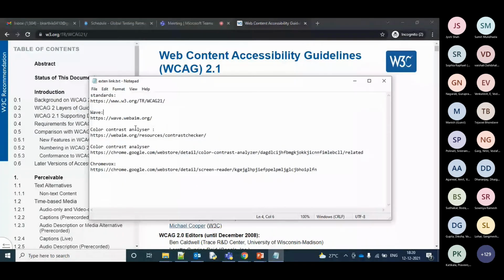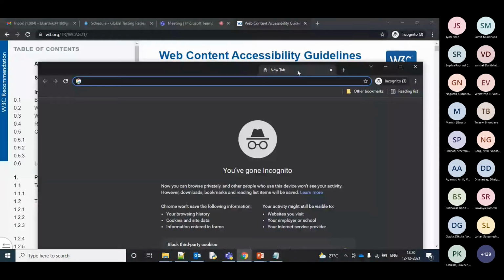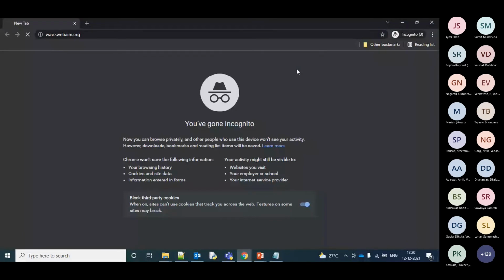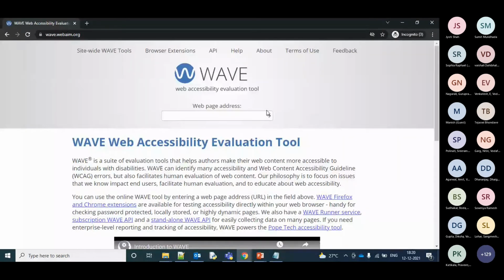Let me jump into Wave. Testing is really simple and enjoyable when it comes to accessibility testing, and I'll be talking about much more funny things which we used to do also. So this is Wave. Wave helps us test for the basic standards like level A, perceivable and operable cases, and the font size and hierarchies. As I told you, it has to be an H1 and below H1 it has to be an H2, with a decrease in the font size. For those things, Wave helps us in identifying it.